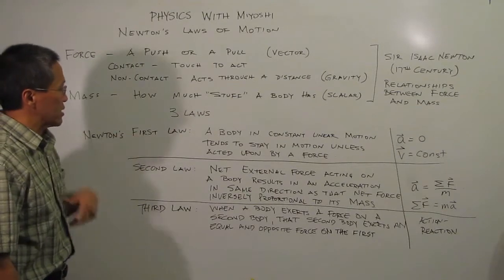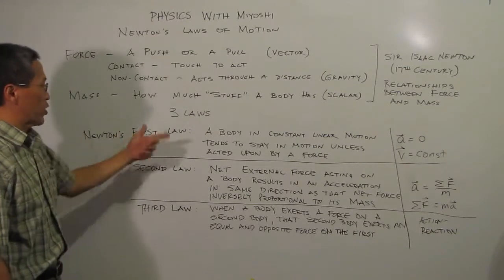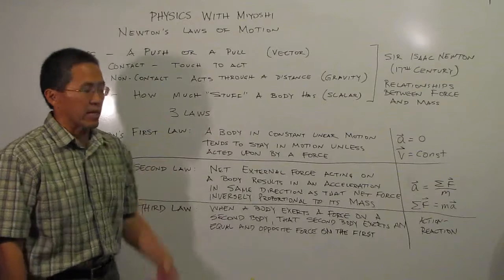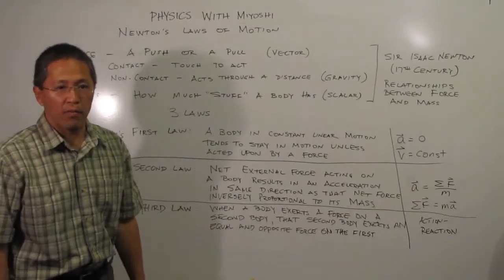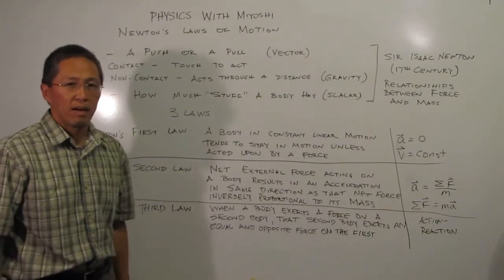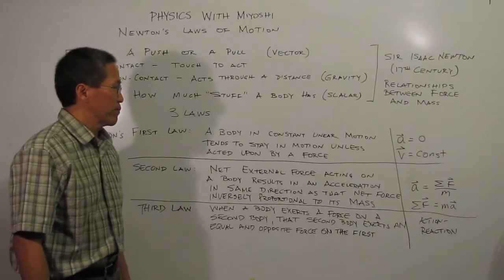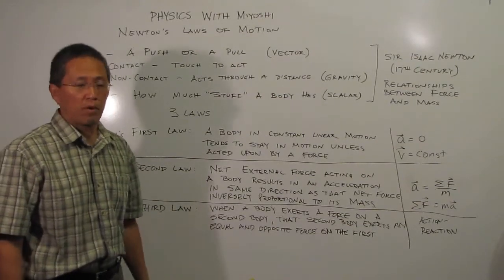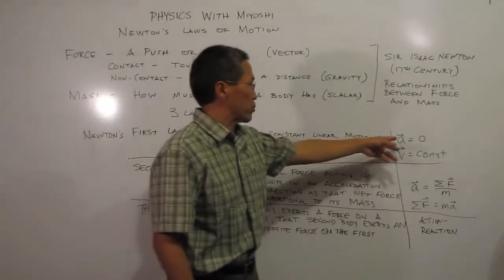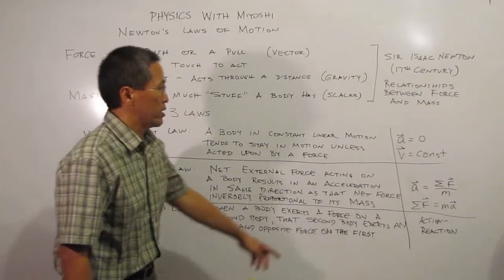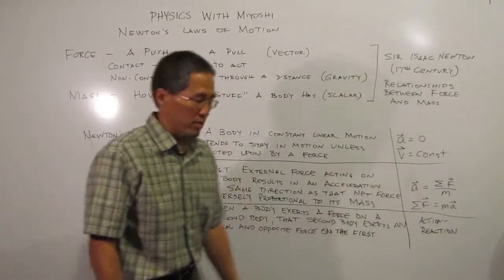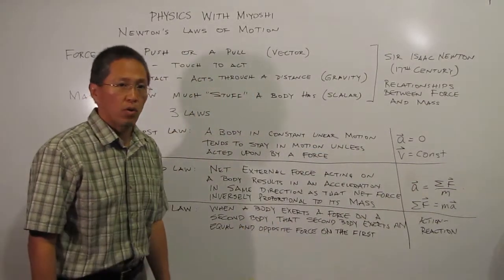The three laws that Newton had are his first law: a body in constant linear motion tends to stay in motion unless acted upon by a force. So a body at rest tends to stay at rest, and a body in motion tends to stay in motion. And that's expressed basically as if your acceleration is 0, then your velocity will stay constant, whether that velocity is 0 or some other